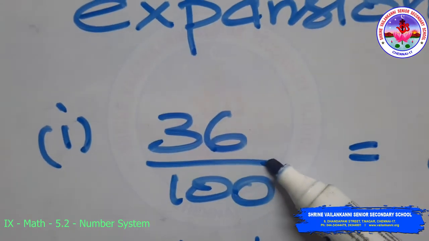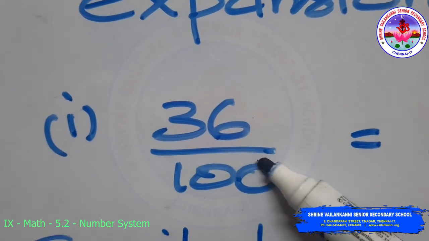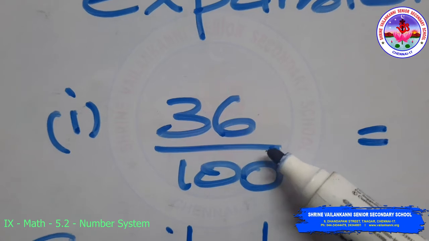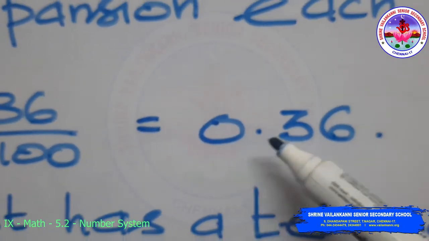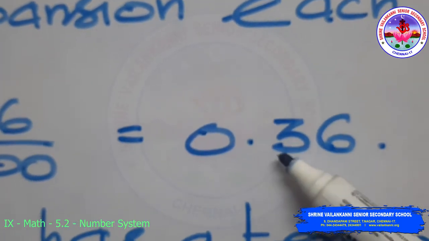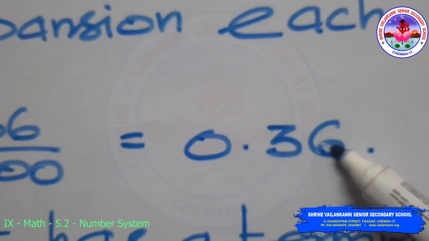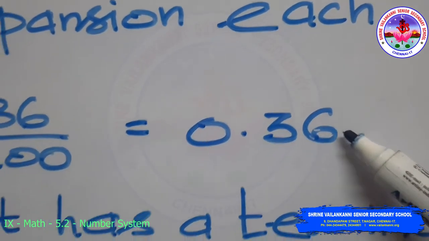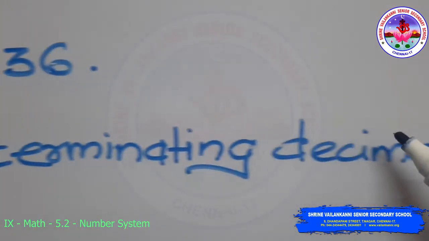We want to find out what kind of decimal expansion this fractional form has. So 36 by 100 we will get 0.36, where the digits after the decimal point end, giving the remainder as 0. So it has a terminating decimal